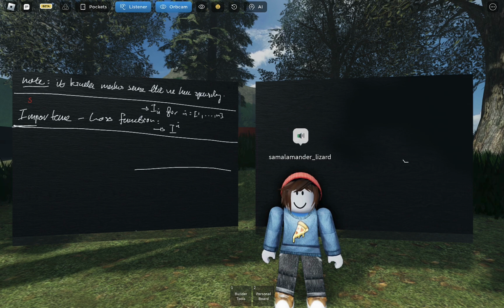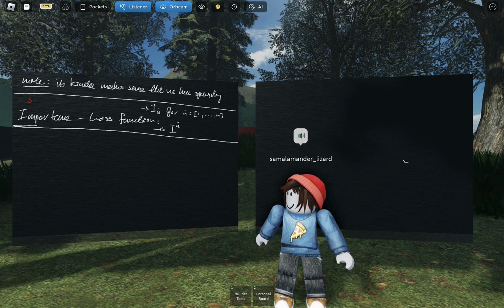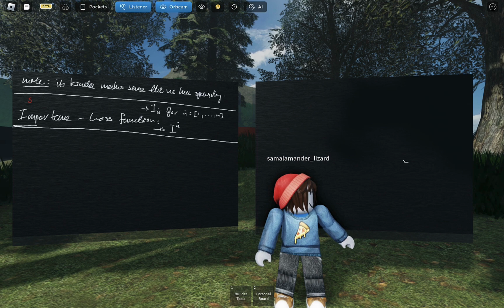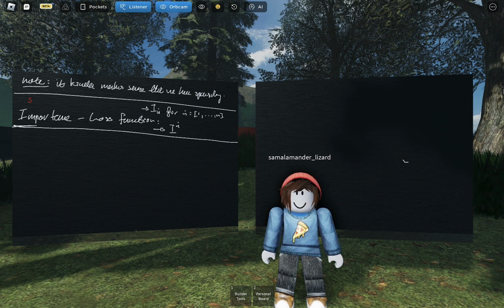Okay, is there something I'm leaving out of the dataset description? I don't think so. Okay, and then their model, the model that I'm going to talk about, is